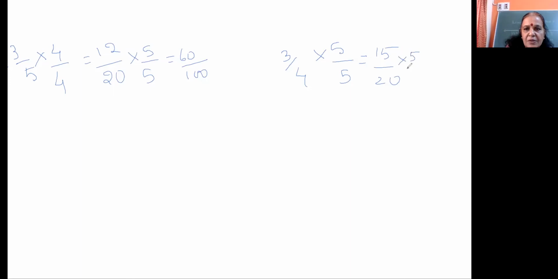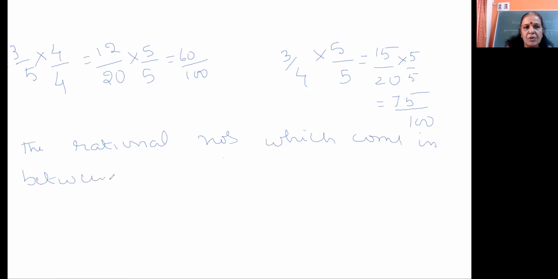Here it is, 75/100. Therefore, the rational numbers which come in between 3/5 and 3/4 are, it is from 61 you have to start,